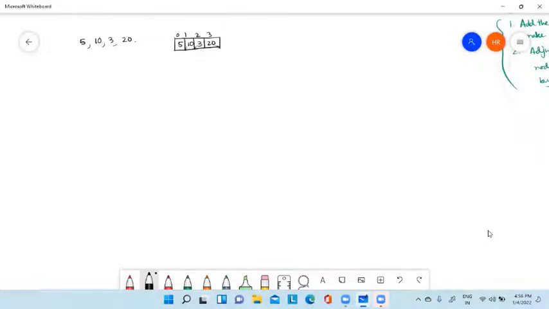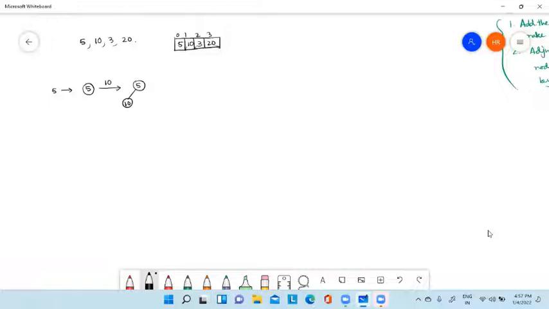Now when I am creating the heap, I am taking one by one element. First I will take 5. This will be put in the heap. Then I will take 10, and first it will be added as a left child.